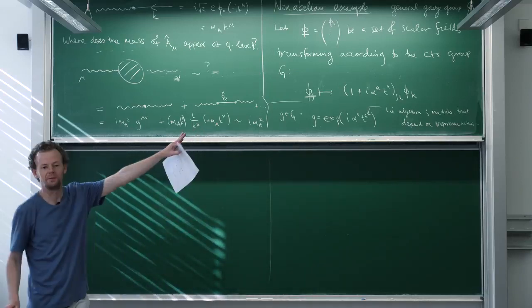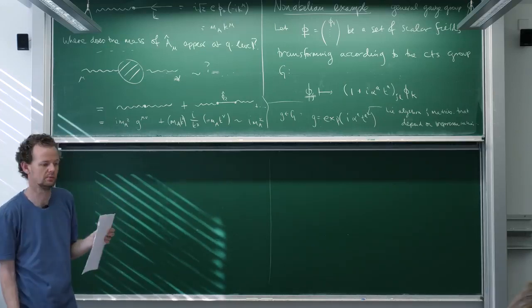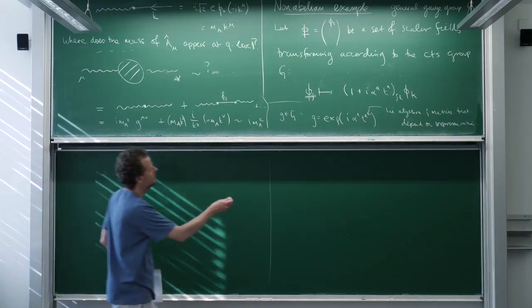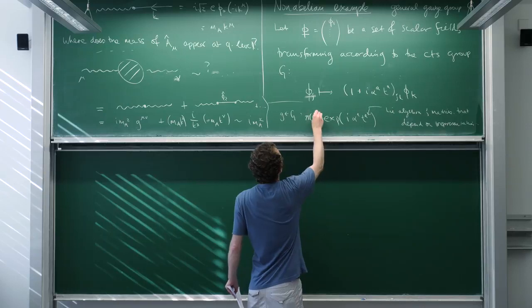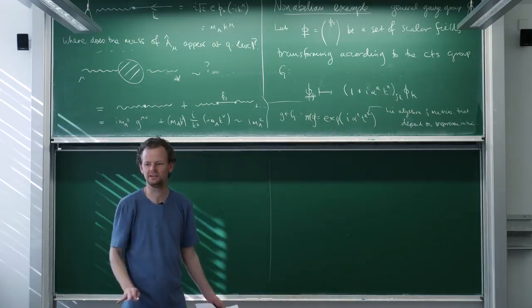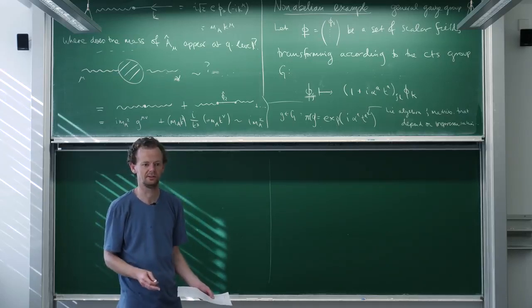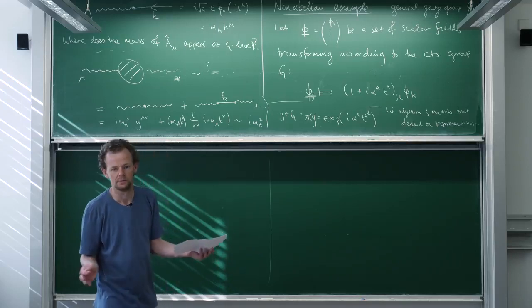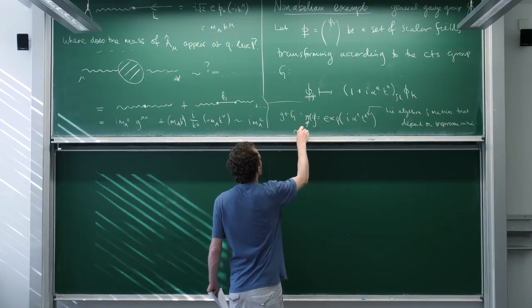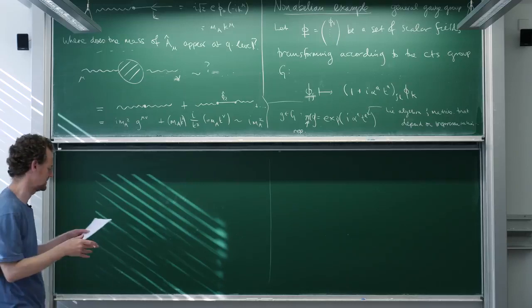All right, so far what have we got? We've got some scalar fields, and they transform under a global symmetry, which is a continuous group. Just to stress, pi of g is a representation of the group. It's really pedantic, right? You have the group as this abstract thing, and then you have a representation of this group as a bunch of matrices. Pi of g just tells you I'm working with matrices instead of the abstract things.